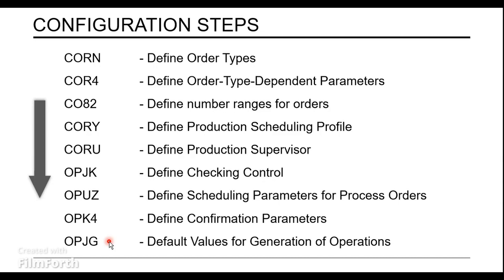So whenever we create a rework process order, by default a dummy kind of operation would be generated into that process order, and then you can decide what steps to be performed in this particular rework scenario. Okay, so that is about the configuration steps that you have to do sequentially